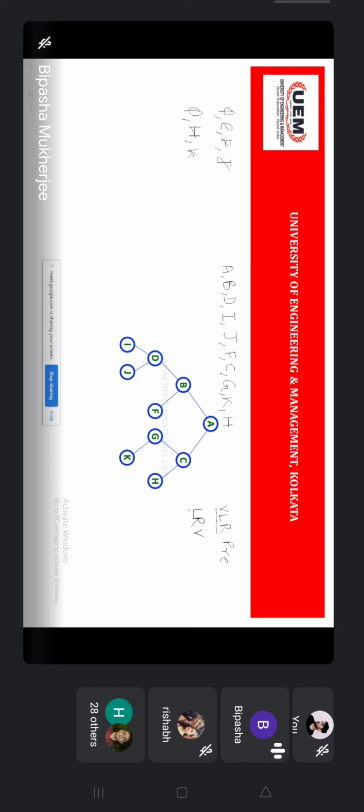That means you need to go to the left side first, then you need to go to the right side, then only you can visit the node. Now, what is the procedure? Again, you need to start from the root node. Then you need to follow the leftmost path. But at the beginning, you have nothing to print.